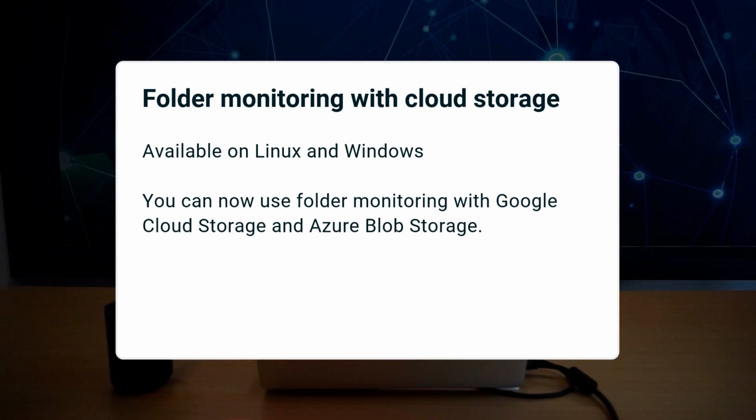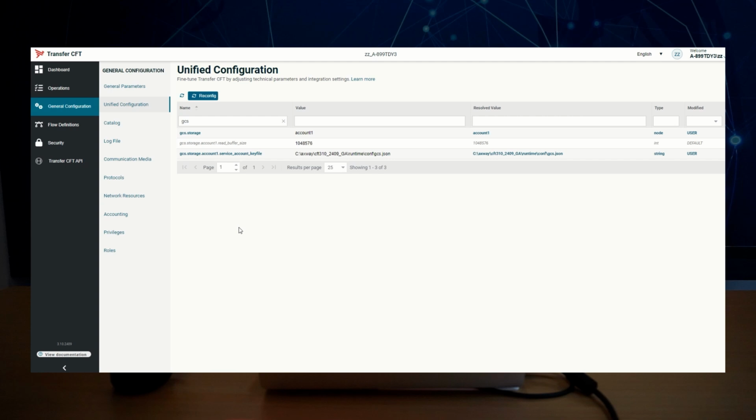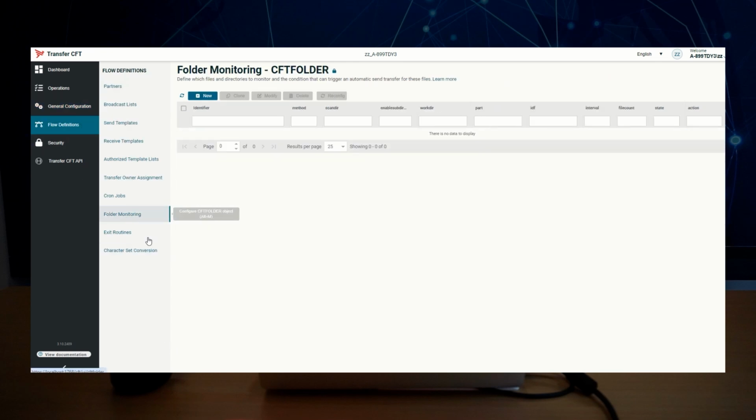In Unix systems, you can now use folder monitoring with Google Cloud Storage and Azure Blob storage. First, specify the GCS storage account 1 and specify the credentials: Account 1 service underscore account key file. Then you need to create a folder monitoring object. Here is my object, my ID,